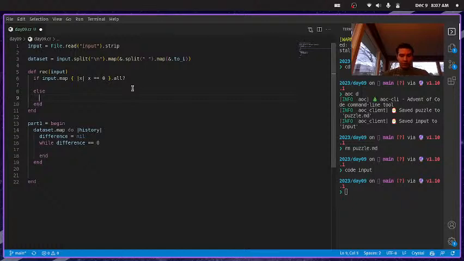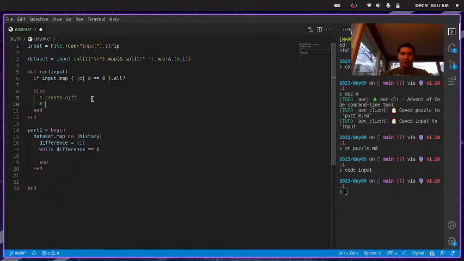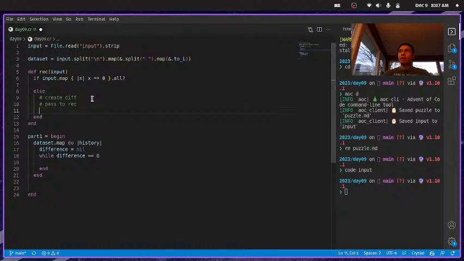So we're going to find diff, create, okay, we'll say create diff range, create diff, and then pass to rec. And then when we get whatever we get back, if it's the terminal condition, then what we need to do is we need to